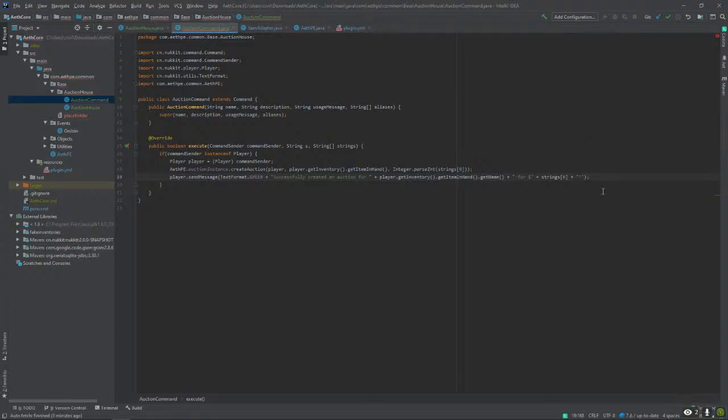This isn't at all final for the auction house. I'm just trying to see if this works.